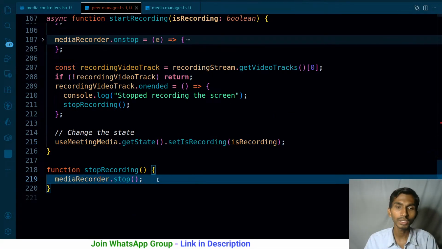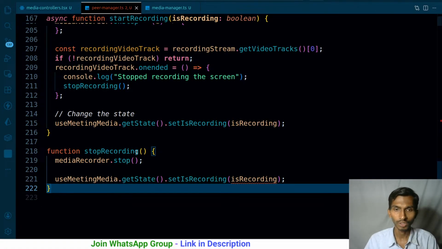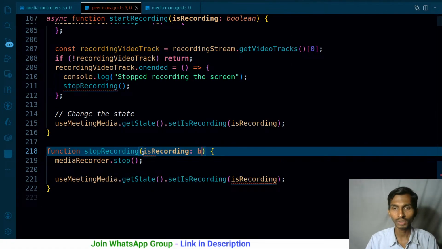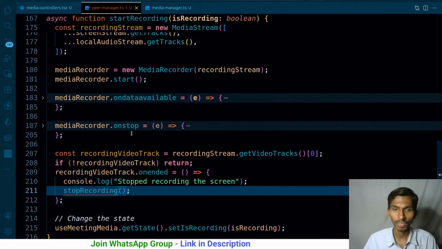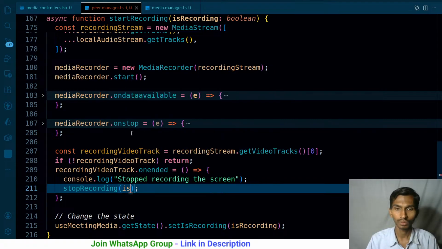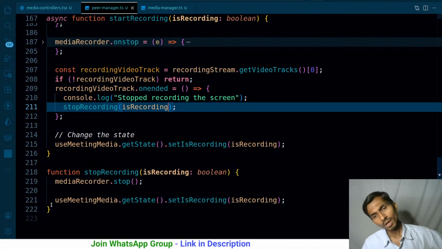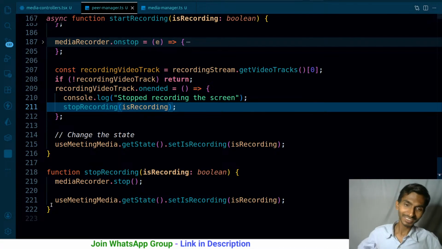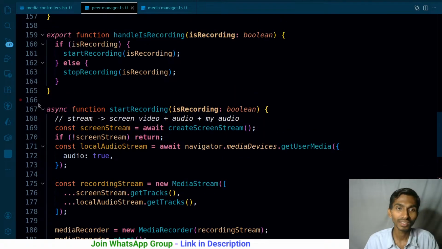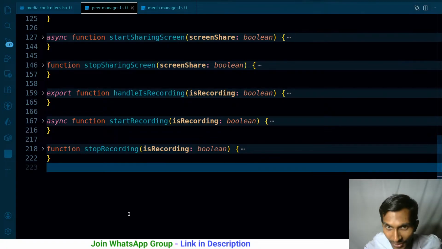Apart from this particular thing, whenever I stop recording, at that time I have to do the same. The value of isRecording, let's pass the value of isRecording here. That's gonna be nothing but boolean, and I have to pass the same thing here. Any problem? Oh, no problem as such. So is this done? Hopefully done. Yeah, that simply means I'll be able to record the screen. Yeah, if there are no bugs. Okay, done with done. Okay, let's see whether we are actually able to do it or not.